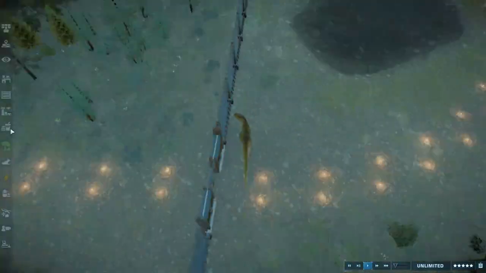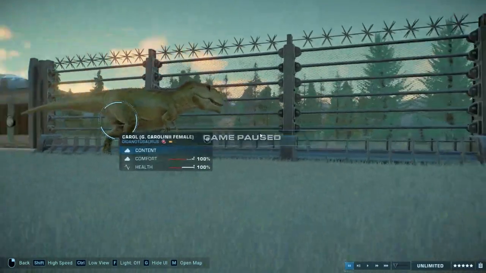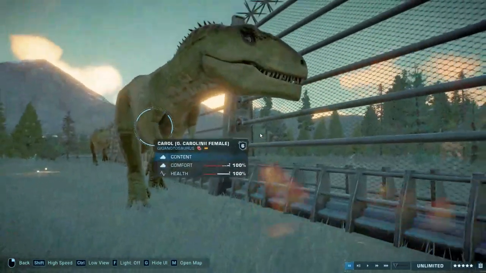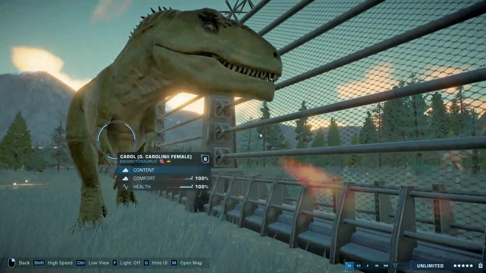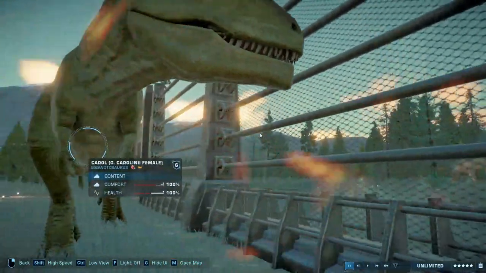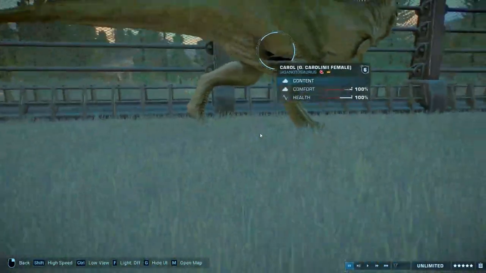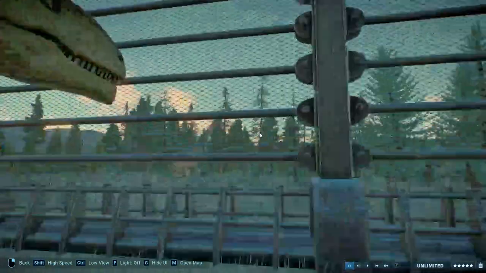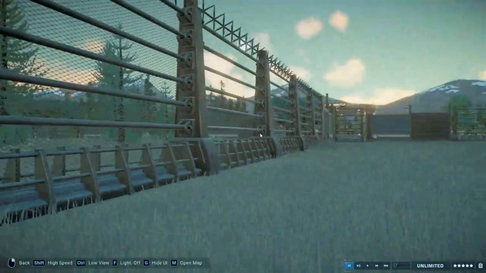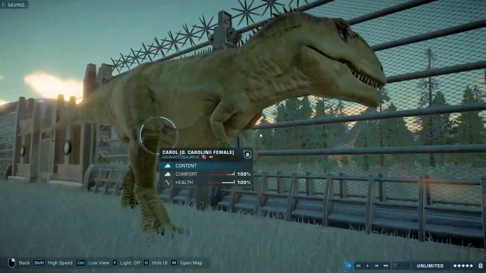And these are the scientifically accurate ones, because for a Jurassic World game, these Giganotosaurus are surprisingly accurate. The skull shape, they almost got that perfect. I'm not an expert or anything, but this is pretty dang good. Actually, it's better than the Dominion version. So there's Carol, the female,